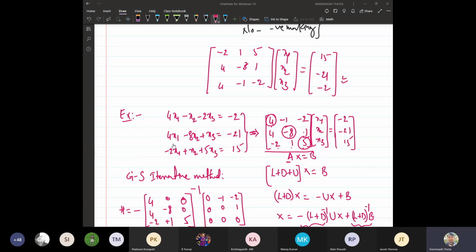Please give your answer. Whether this system will have a solution or not. What is actually this one? I have done nothing. I have just interchanged R1 and R3. The first and third equations were interchanged. For the earlier system, we have already come to a conclusion that it will have a unique solution. Now, what about this new system? Whether this system also will have the unique solution, or at least whether we can say that the solution exists for this system?